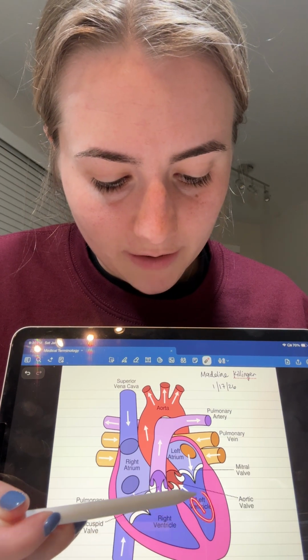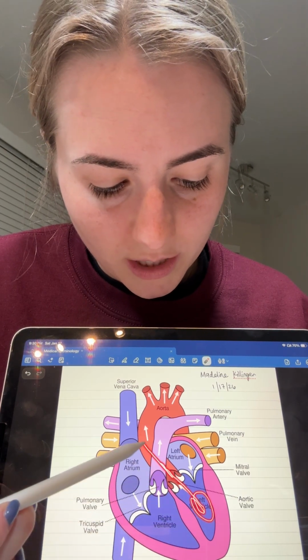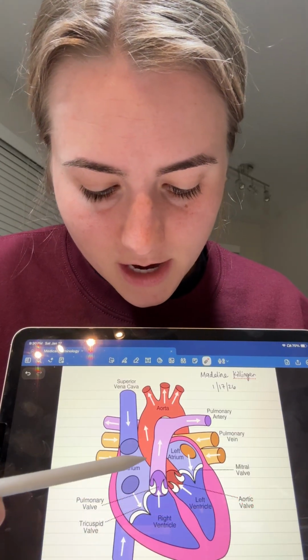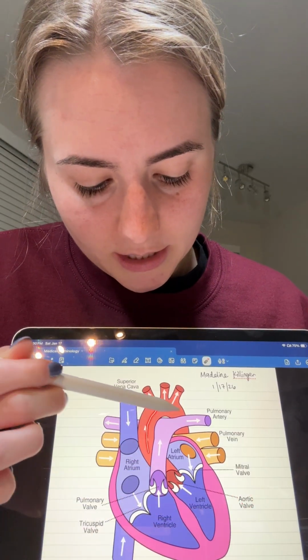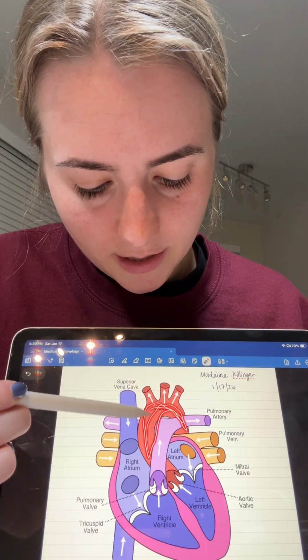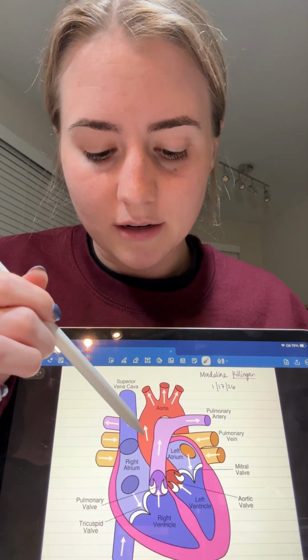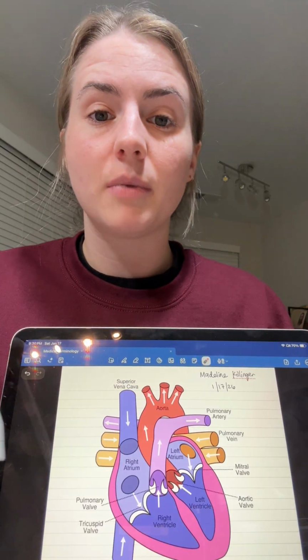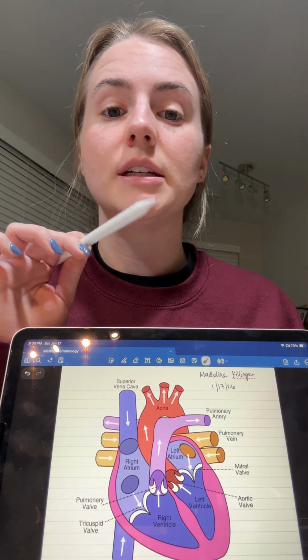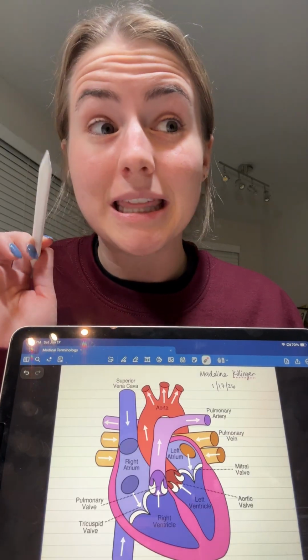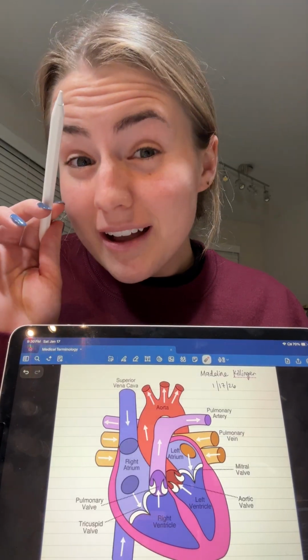The blood goes from the left ventricle into the aorta through the aortic valve. So once it's in the aorta, it gets distributed. This is the main artery. It takes it to other arteries in the body, and then from arteries to arterioles, and then arterioles to capillaries, and then capillaries to